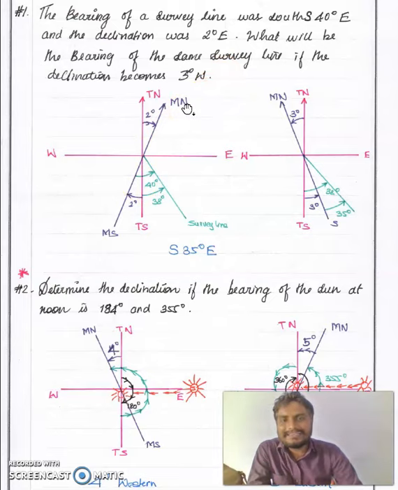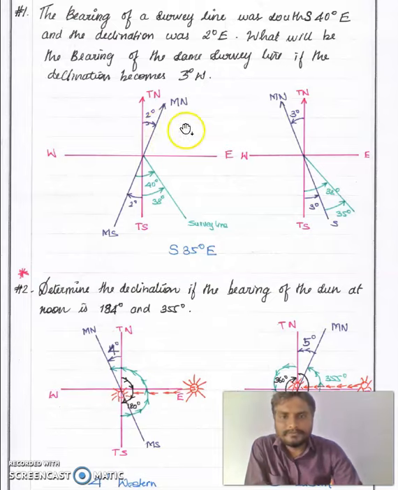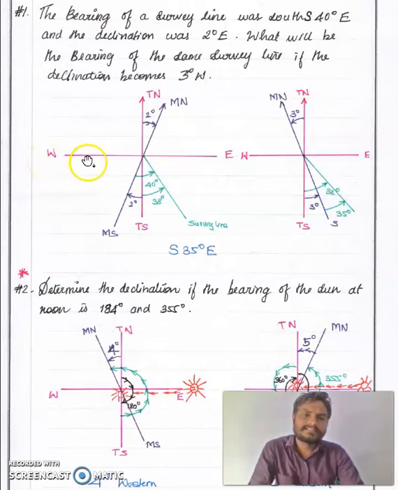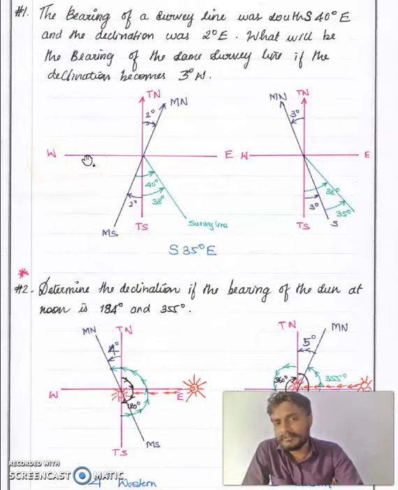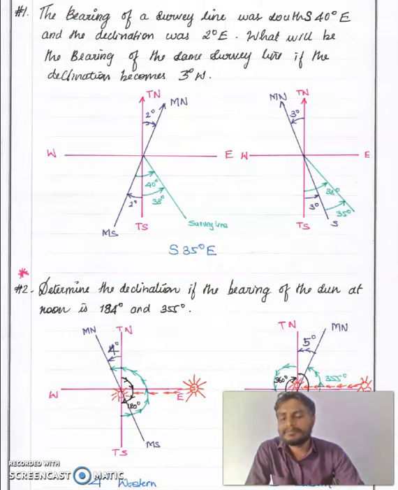A few years later, that needle is changed towards the western direction. In those situations, in that period, what is the bearing of the same survey line? Okay, so now consider, first draw a picture. Whenever a question is asked in survey, draw a picture, you can get some ideas. Not only in survey, throughout other subjects as well. If you draw the diagrams, you can get some ideas.